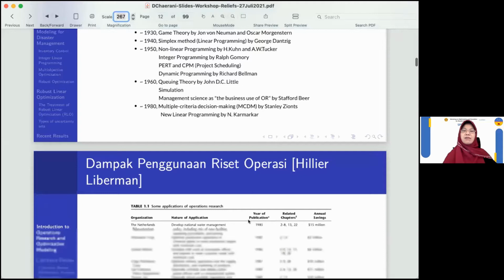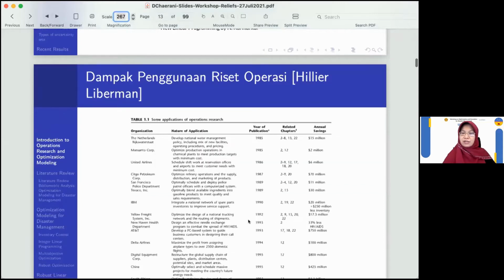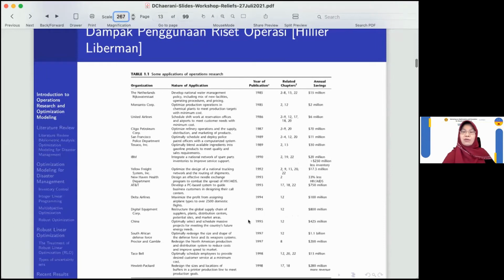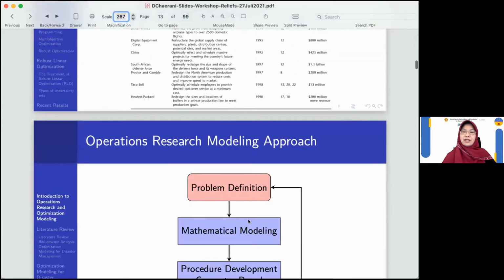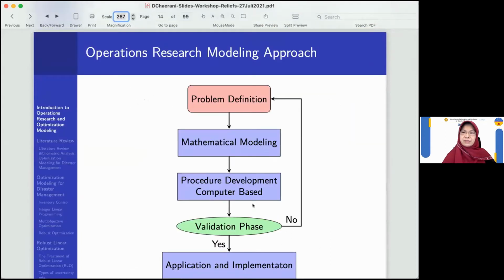Now, the impact of the use of operations research can already be seen in various textbooks. Many textbooks say that it is very helpful in decision making. Of course, it will improve the profit. So mostly and generally,